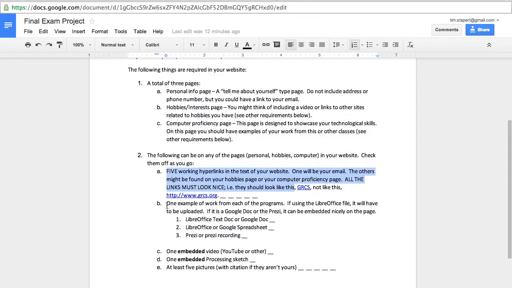You need one example from each of the major units that we did, and you also need an embedded video, an embedded processing sketch, and at least 5 pictures. Now, any of these things can show up on any one of these 3 pages, but they do need to be somewhere on